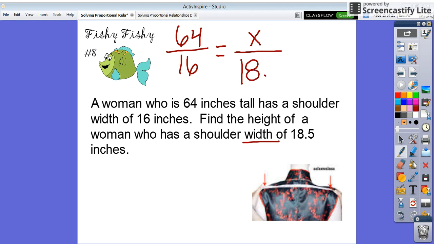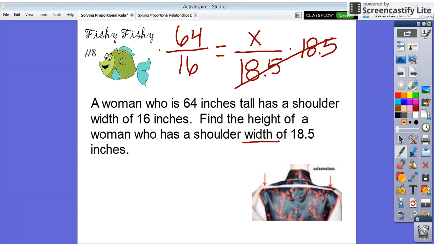And that is 18.5. Like before, we cannot take 16 and multiply it by a number to get 18.5. Even if I scaled it back like we were talking about before, there's not really a number that I would like to work with that is multiplied to give me 18.5. So I'm just going to do the long way around. So I'm going to multiply by 18.5,